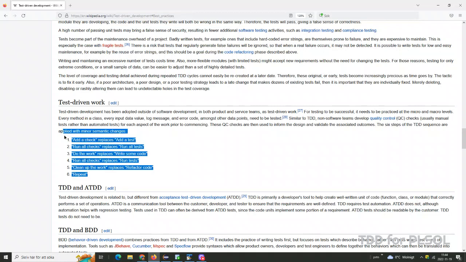We add a check. We run the check, and obviously, since there is no code yet, it will fail. We write some code so that our test is actually working, and then we run the tests again until it works. Then we clean up, we do some refactoring, and then we start again. This is what I would like to do when we get to the point of writing actual code. Right. Back